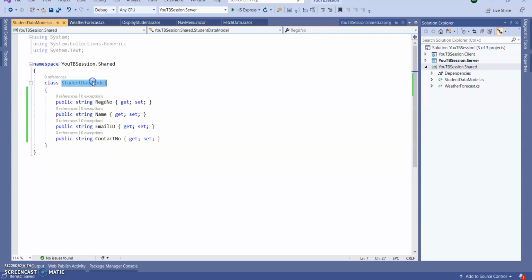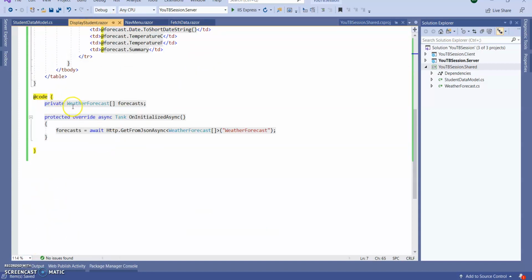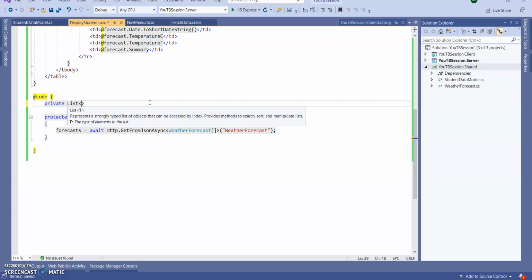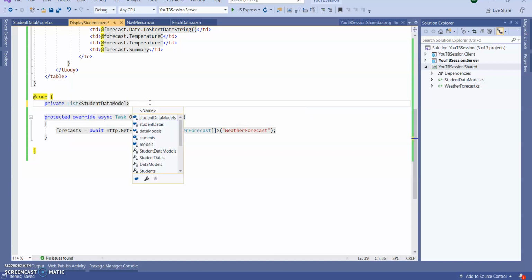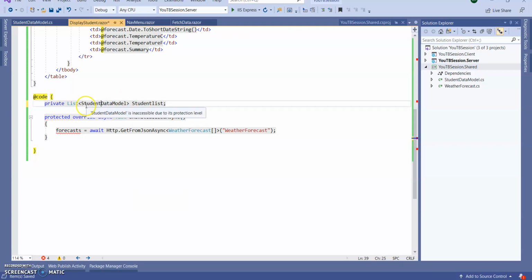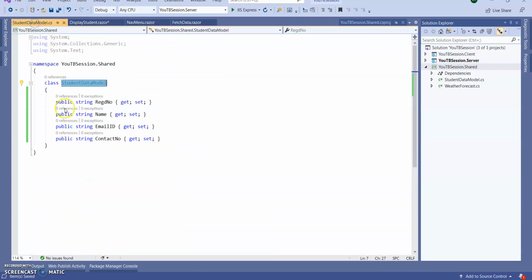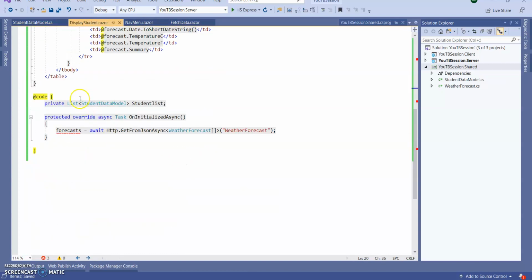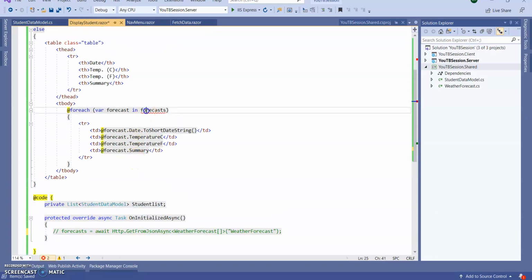Okay, once this is done, I need this one in display student. I need this one. I don't need this one. So let's declare a list of student data model equal to student list. Okay, so it needs to be declared public. Done. So display student, this one. Okay, so I'm running in the student, so let's add here std student list equal to